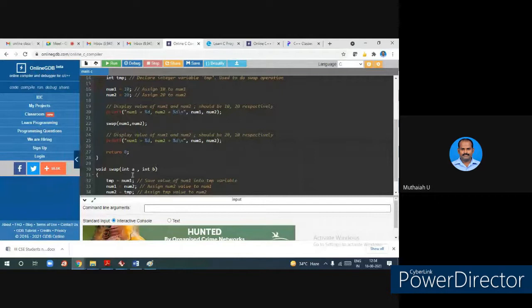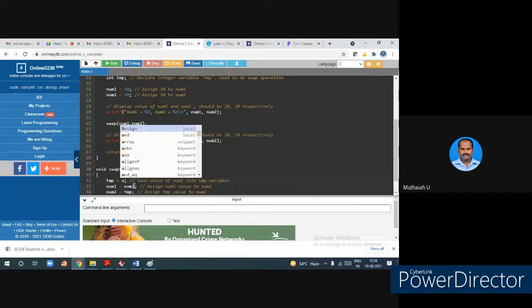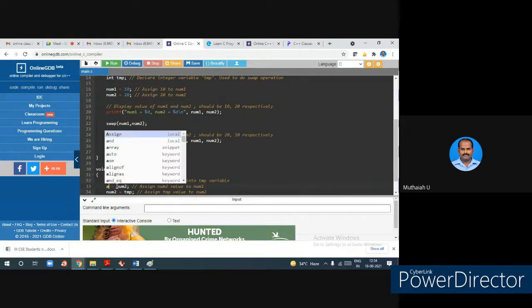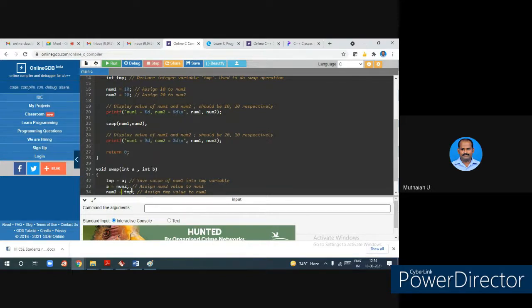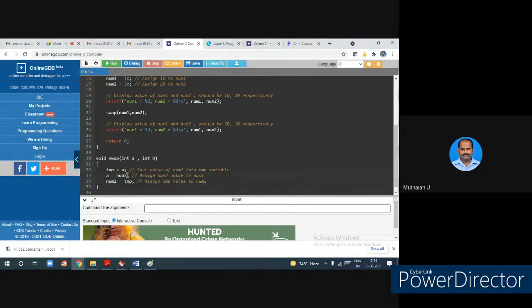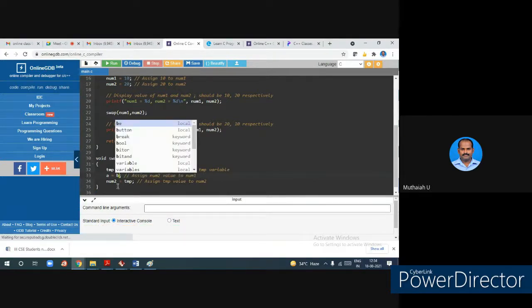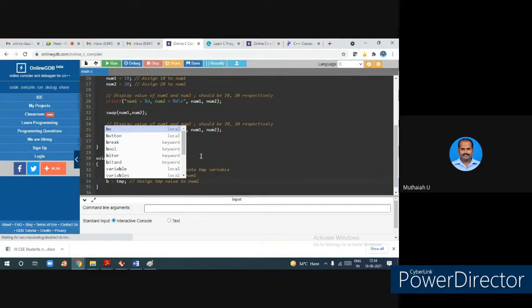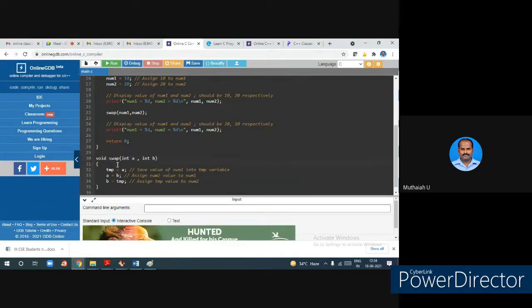So now, instead of num1, I am taking the value as A. Wherever num1 is here, instead of num1, I am taking A. And for num2, I am taking the value B, because the values are copied here from there. Understand? Now it's B. And then this temporary variable I can declare here itself. How am I converting this one? Let's look at this one. So now this is C.